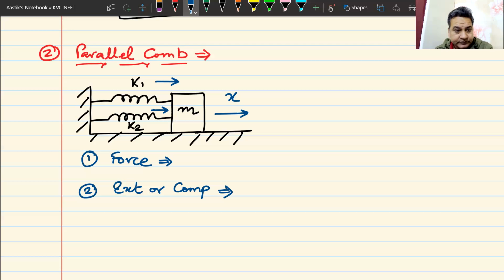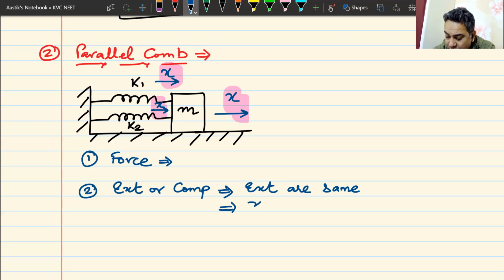Well, Abhiram says that they move the same, sir. Yes, Abhiram, you are absolutely correct. They cannot move differently. They have to extend by the same amount. So they would both extend by x and x. So as you can see, everything is the same. They all extend by the same amount. That is the only thing possible. So the extensions or compressions are the same.